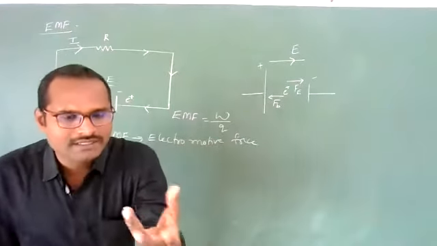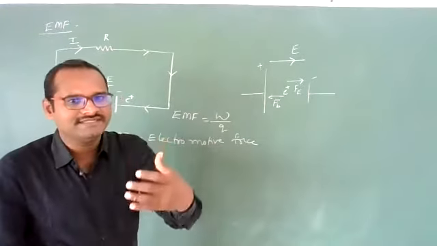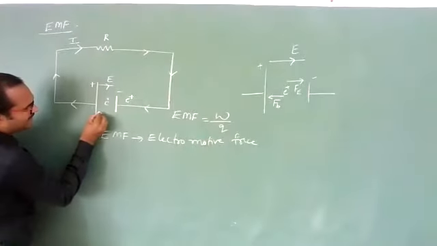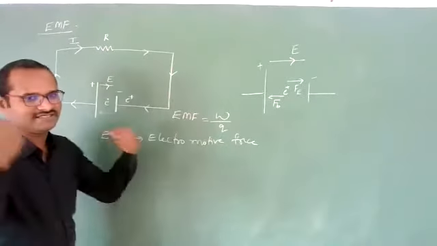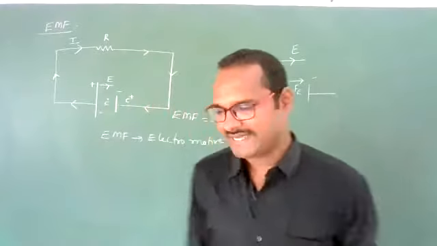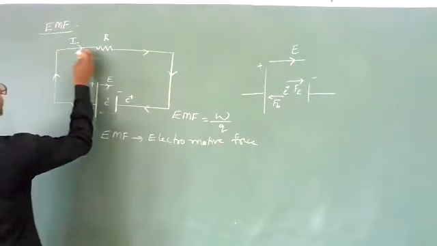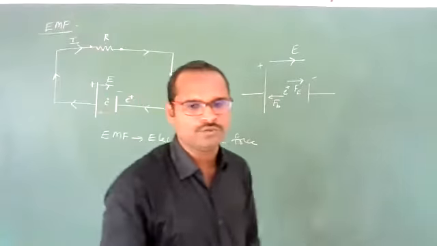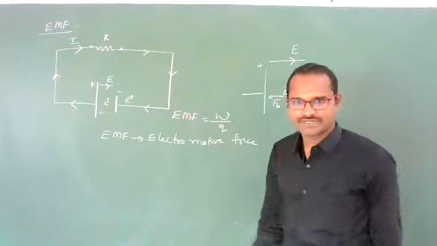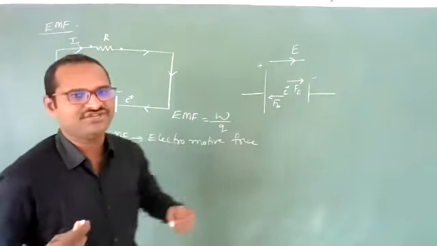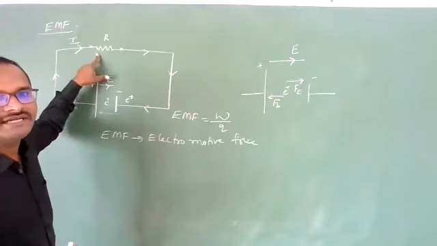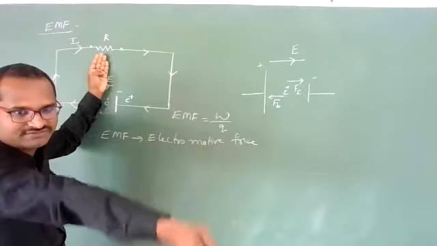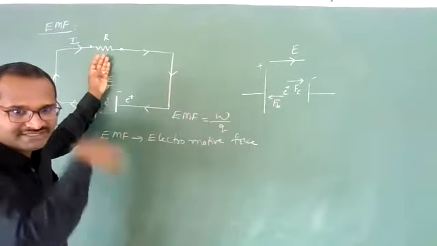So this work will be converted into energy, and that energy will be given to this charge particle. Once this barrier is crossed, the charge particle will become energetic. It will gain some energy, and with that energy, it will go across this wire and across this resistor. Resistor in the sense, it may be a fan, a tube light, a TV, anything; a load resistor. So with sufficient energy, it will go to the resistor, and it will give the total energy to the resistor, meaning a TV or fan. The fan will run with that energy.